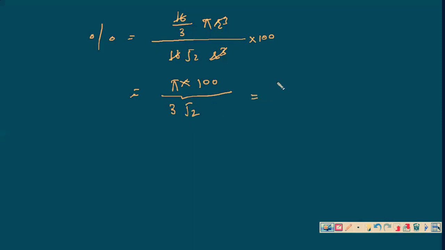Just multiply it: 3.14 into 100 upon 3 root 2. After multiplication, you will find 74%. So there is 74% packing efficiency in